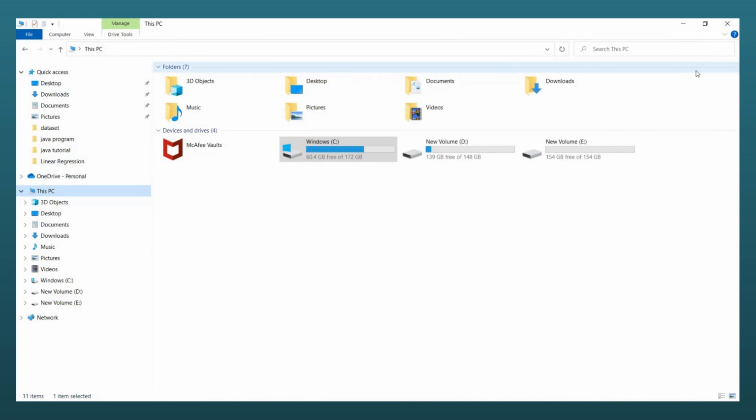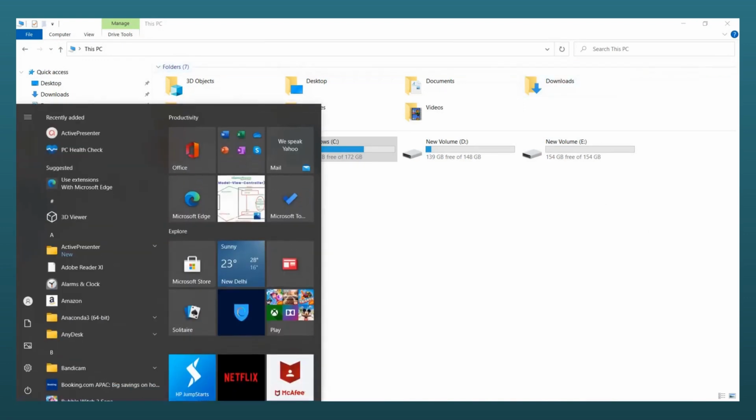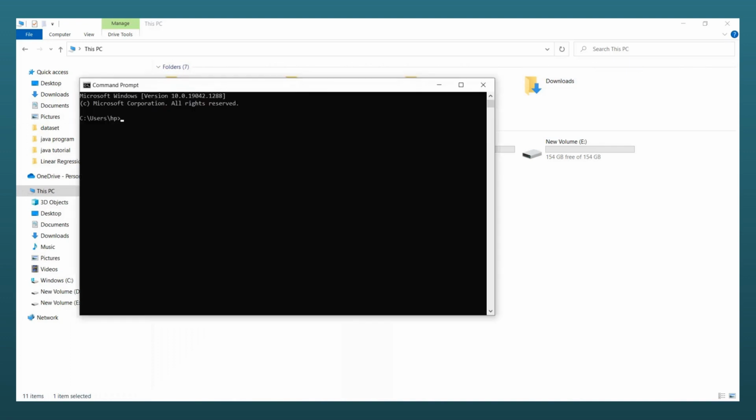Now for better clarity, I will go to the command prompt. If I simply type java --version, or simply javac, then automatically we can get many Java related files.